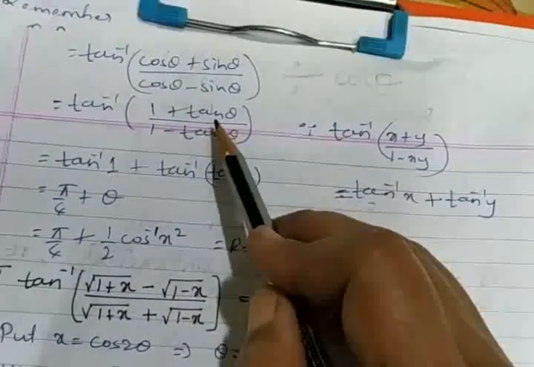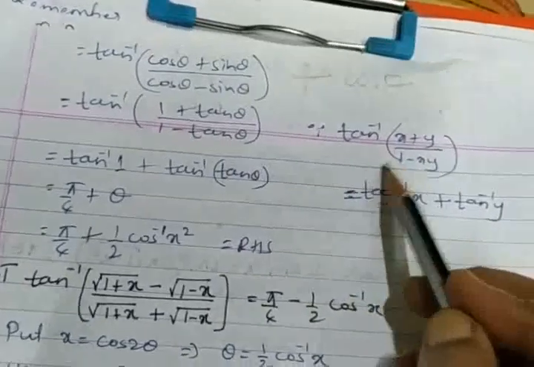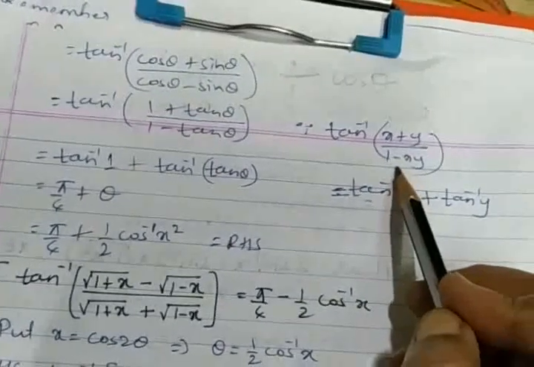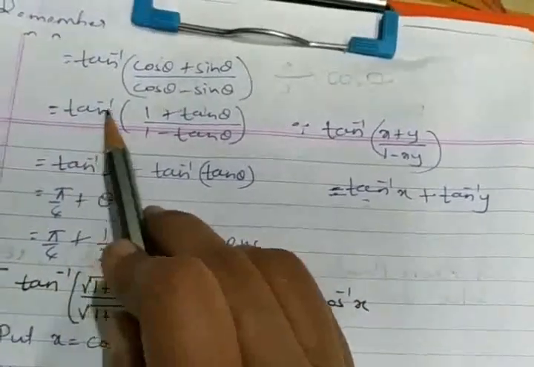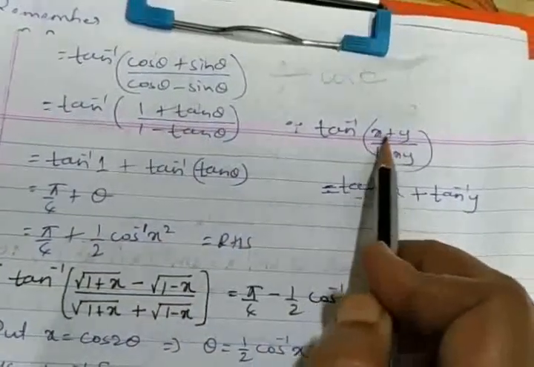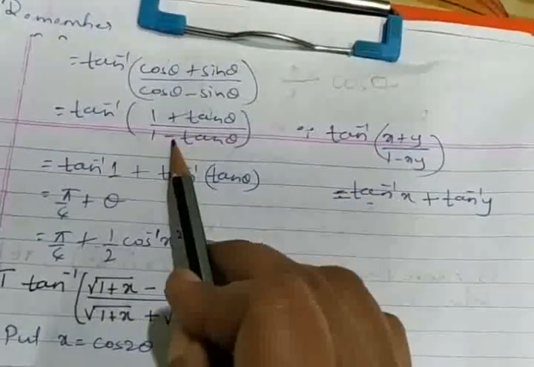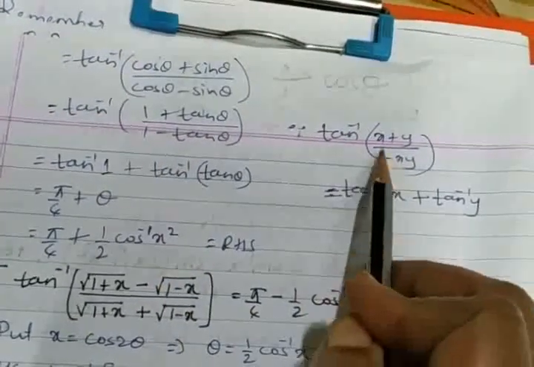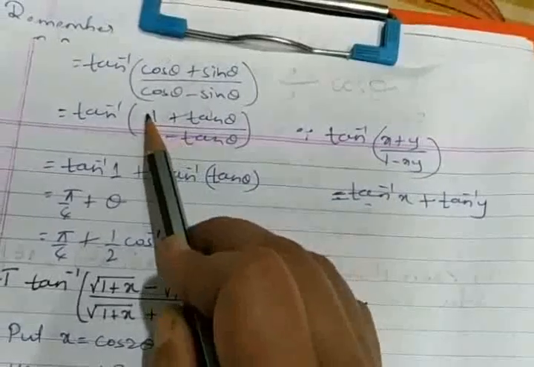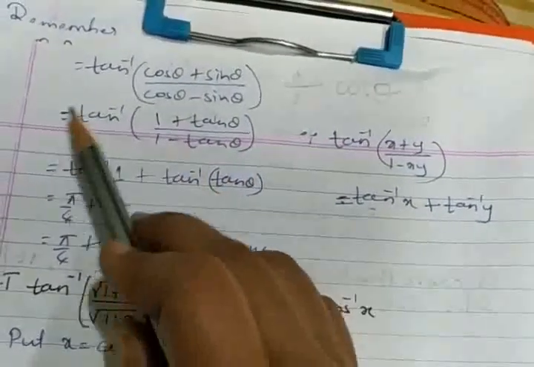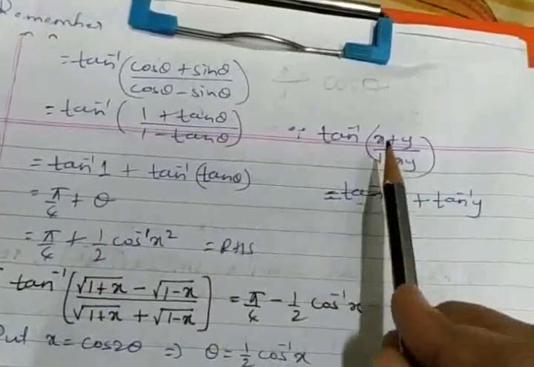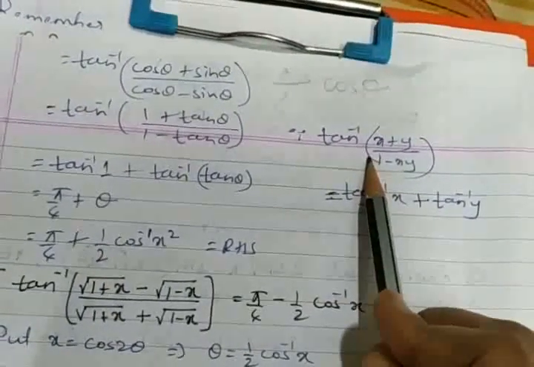Those are comfortable, those have already come across, but I am using this formula wherein I find that this whole situation including tan inverse, I find tan inverse of x plus y, denominator 1 minus x into y. It is 1 is present here, 1 into I should say tan theta. So the whole situation itself I am trying to apply the same formula in a reverse way.